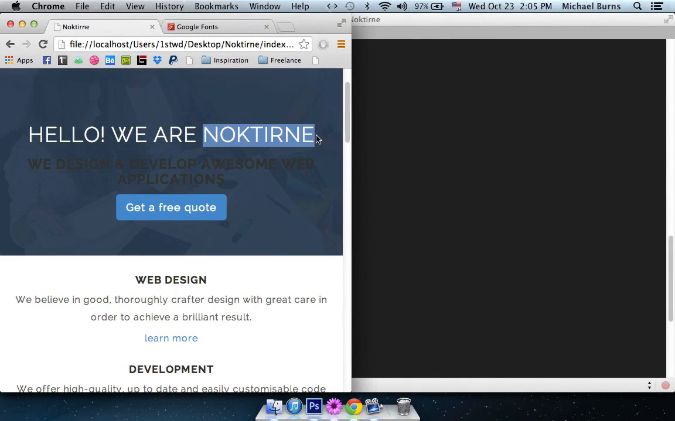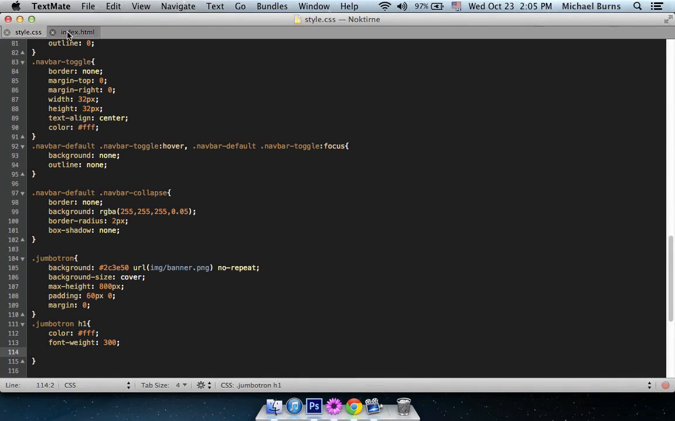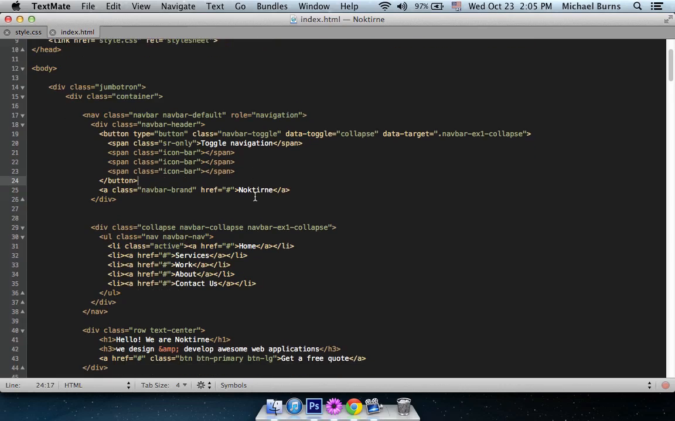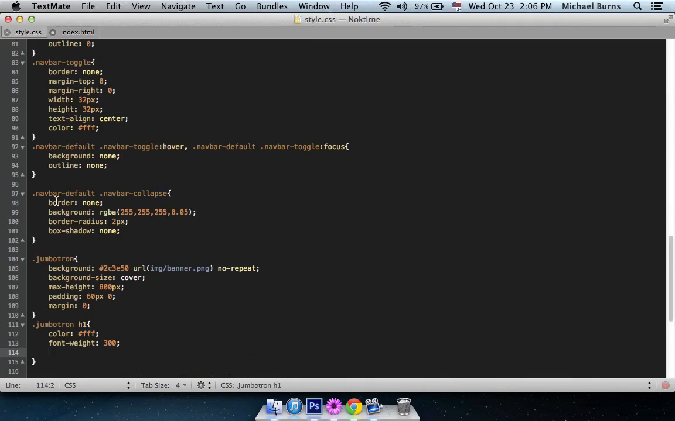Now let's change the brand name to bold. Now in order to do that, switch back to HTML and create a span for it to target it. Now Jumbotron H1 span,